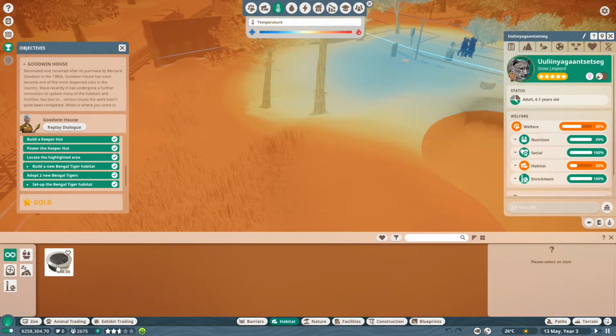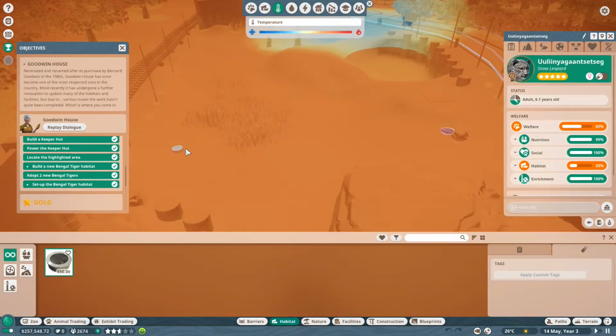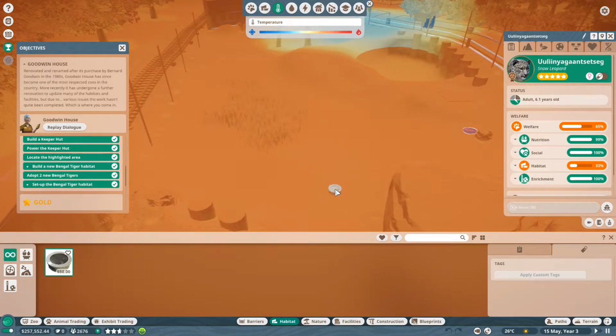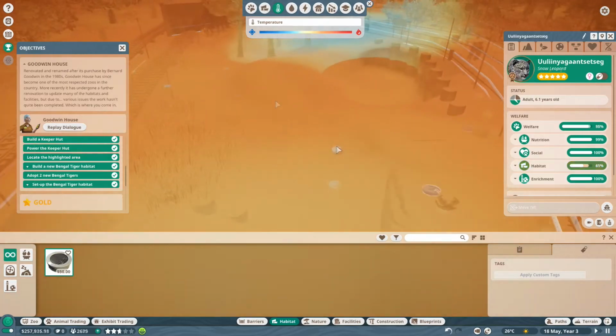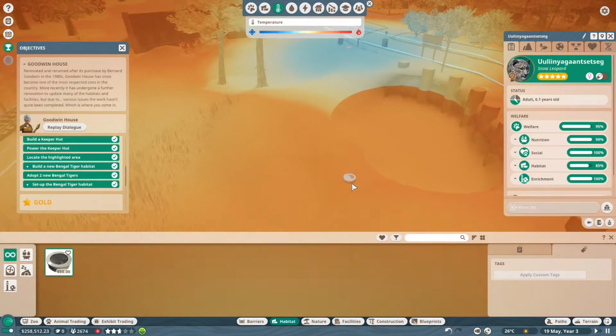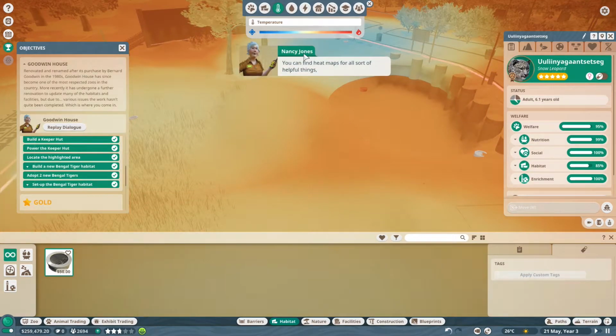Okay, so we need a cooler. It's pretty hot over here, so let's maybe leave one over here. And maybe over here. And maybe over here. You can find heat maps for all sorts of helpful things, so do be sure to explore them and make good use of them. It'll take a little while for the temperature to adjust once you've added coolers or heaters,